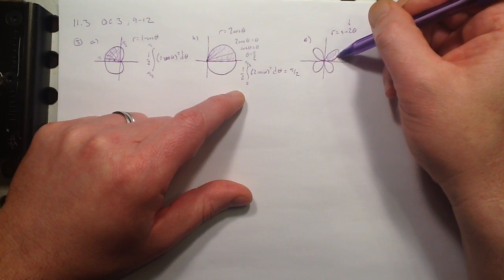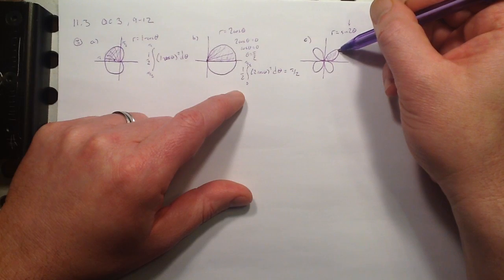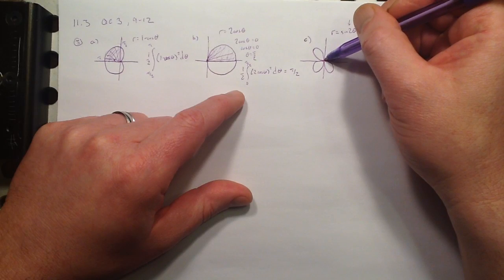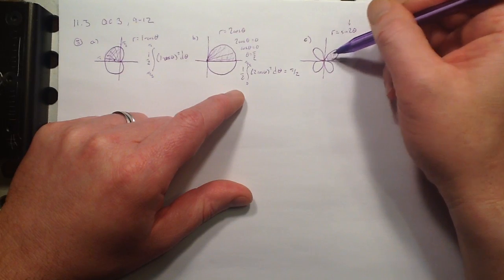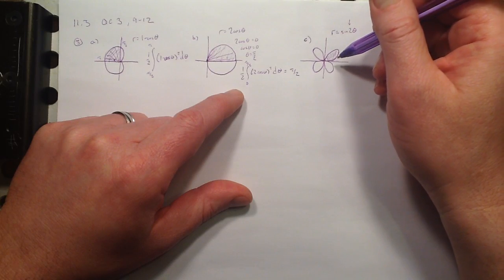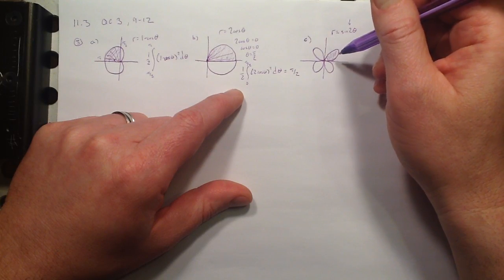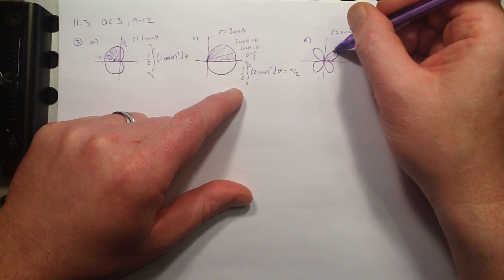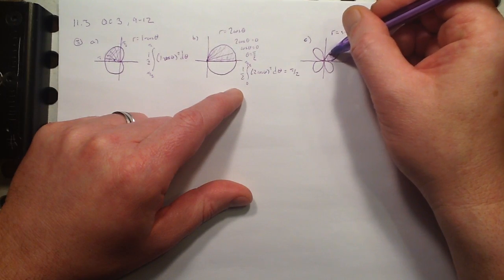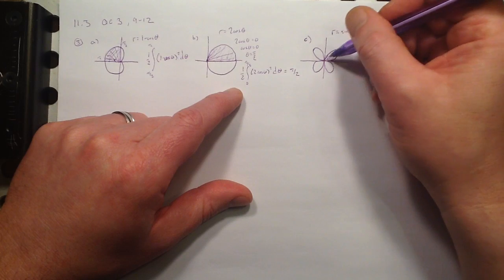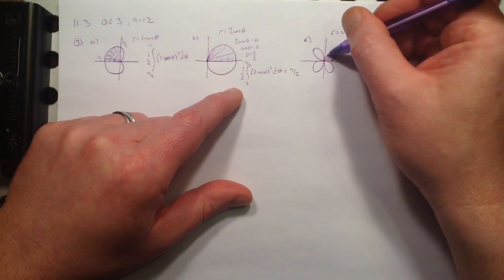That's like the first bump of the sine curve coming out to its peak here at pi over 2, and then it comes back to 0, let's see, that doesn't make any sense, hold on a second. Oh, because it's 2 theta, sorry. So I don't get back to here